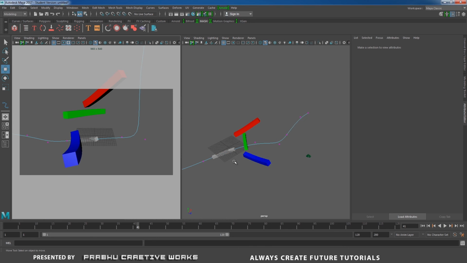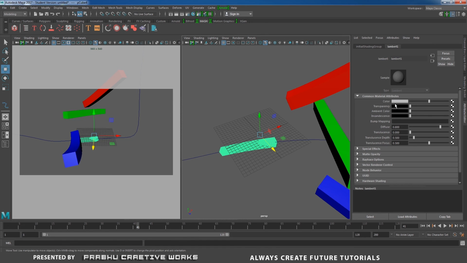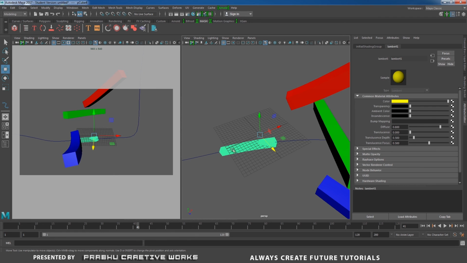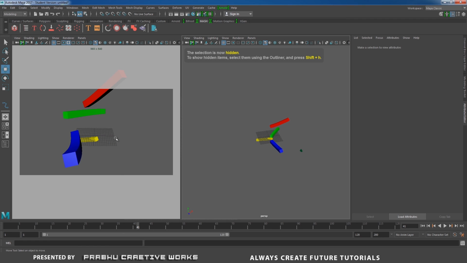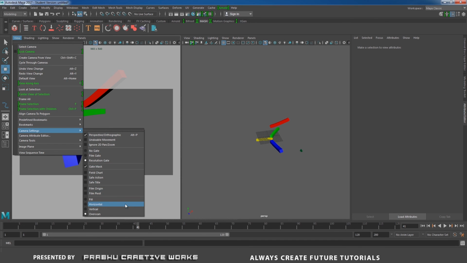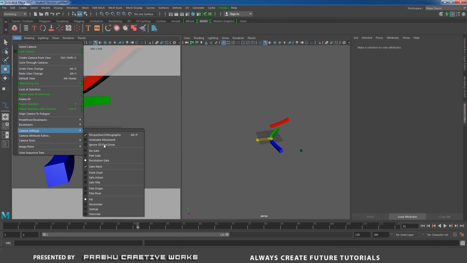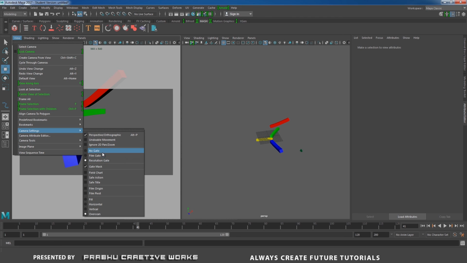That's it. Now I want to change my color. Right click and choose assign new material and choose yellow color, like this. Now I will select this curve, press Ctrl H to hide. If you want to add light, it's your wish, you can add. I will go to view camera settings and disable my camera settings to fill, and give camera settings to overscan, and I disable my resolution gate to no gate.